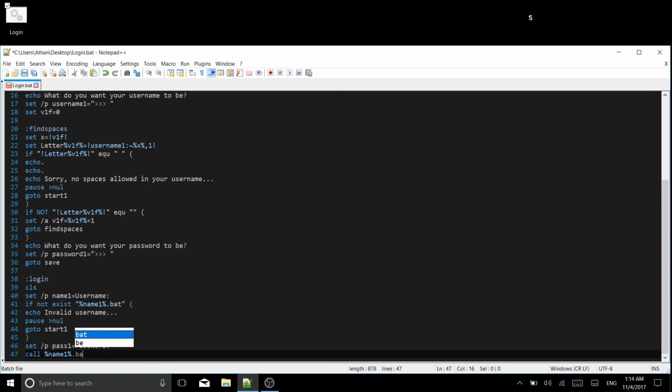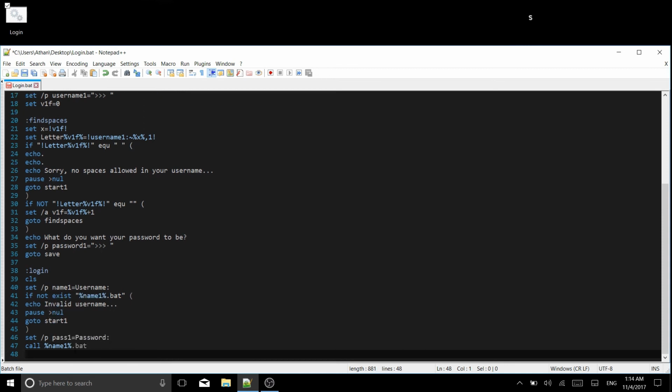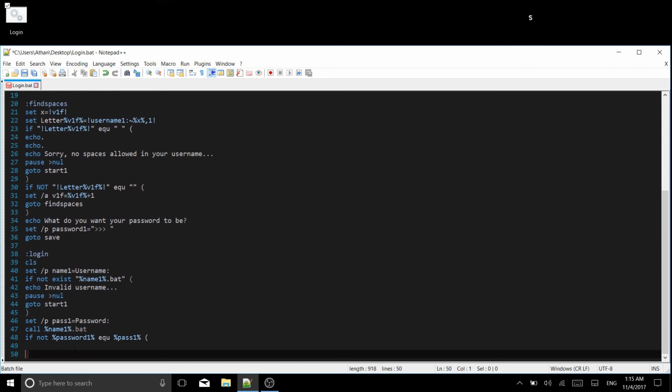.bat, like that. We're calling that batch file, and we're saying if not, with percent signs surrounding it, password1 EQU, and then we're going to do pass1 like that, right? So we're doing just like another if statement here, conditional. Inside those quotes we say echo invalid password,